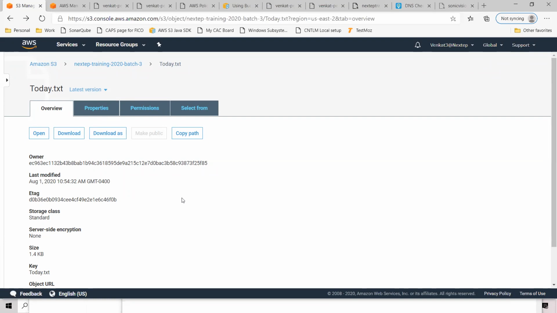I want programmatic access because I want my program to communicate with S3. I want to use that to read files, so I'm going to give S3 full access to that particular user.